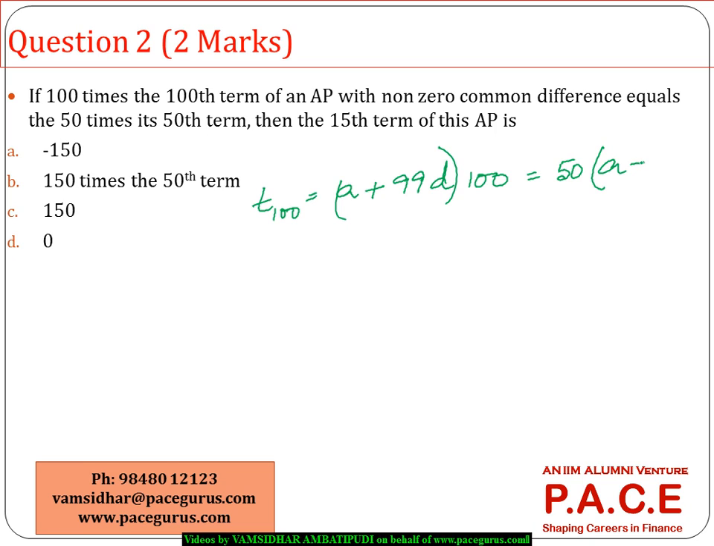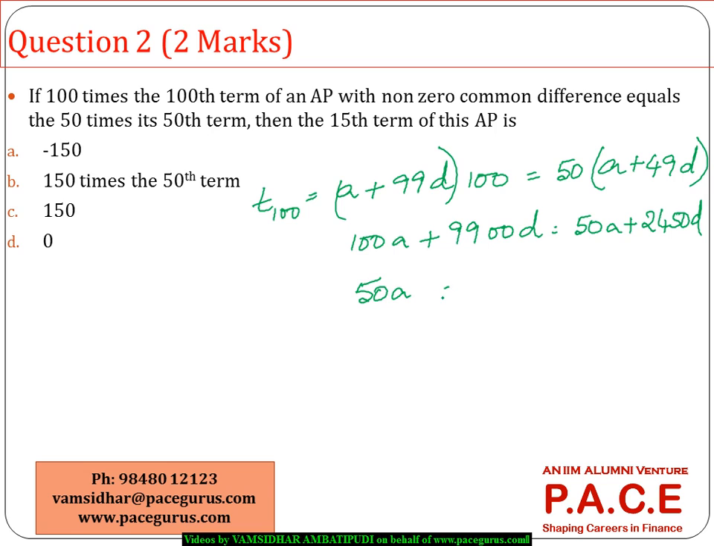What is the 50th term? A plus 49D. So if these two are equal, which means 100A plus 9900D is equal to 50A plus 2450D. Correct? Okay. So which will work out as 50A is equal to 2450 minus 9900D,